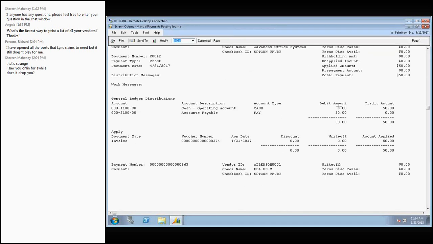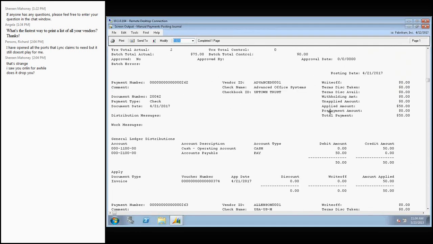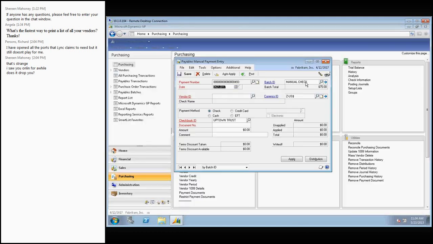Okay, so this goes ahead and automatically records this as a payment if I'm applying it to the invoice right now. If it's in there, then it takes care of the entire transaction. Otherwise, I can go and apply it to an invoice later. I'm just trying to record the transaction to the checkbook, and then I can go ahead and post it. I can post it from here if it's not part of a batch. If it is part of a batch, which in this case it is,